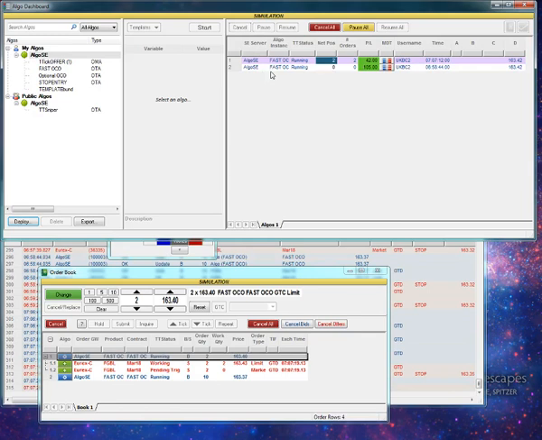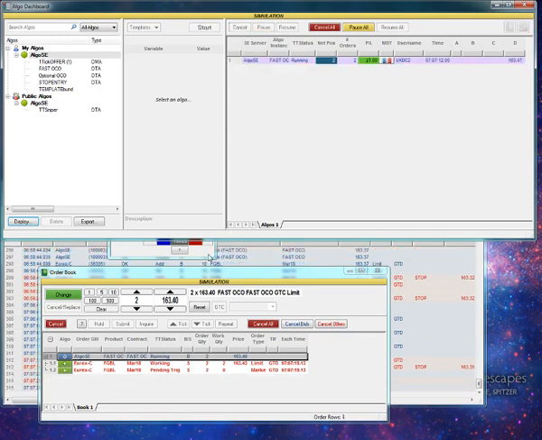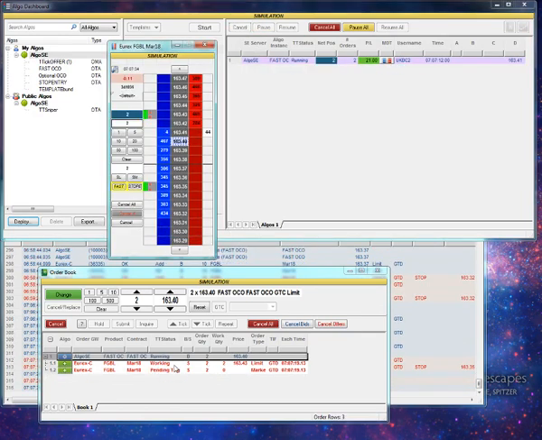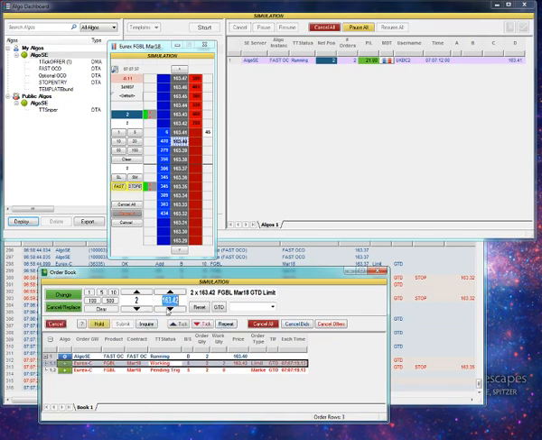One second, I'm just tidying it up and getting rid of the other algos that were working. Okay, so with my profit,